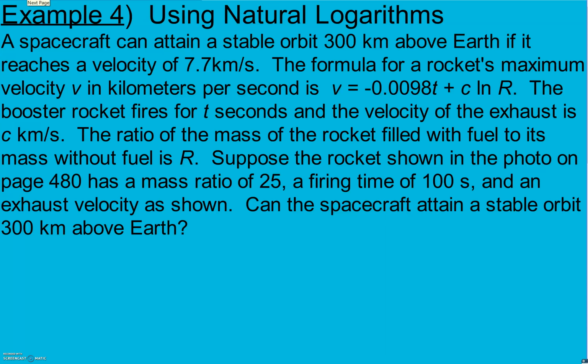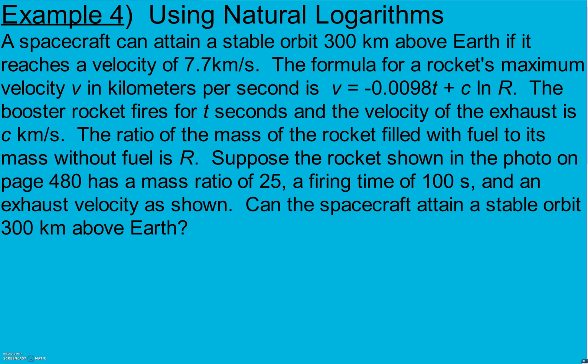Example 4 here is on page 480 in your textbook. There's also a picture there, so you're going to want to have your textbook out to look at while we're doing this one. A spacecraft can attain a stable orbit 300 kilometers above Earth if it reaches a velocity of